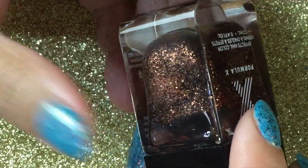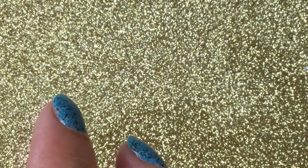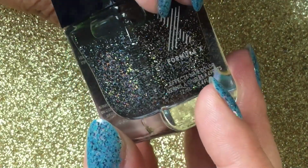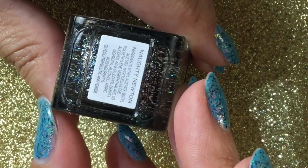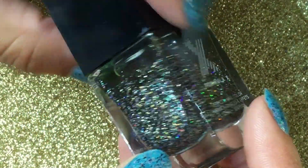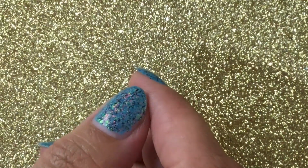It is gorgeous. So you guys know how I feel about this glitter type stuff. Anything glitter, sign me up. I'm in. This is in a black jelly base, and it has some holographic glitters. Looks really pretty. This is called Naughty Newton. I'm gonna keep. I feel like the second and third half of this drawer is just gonna be really difficult